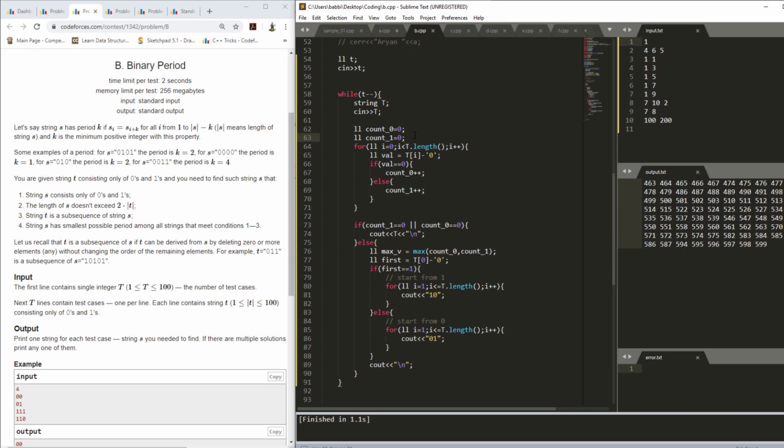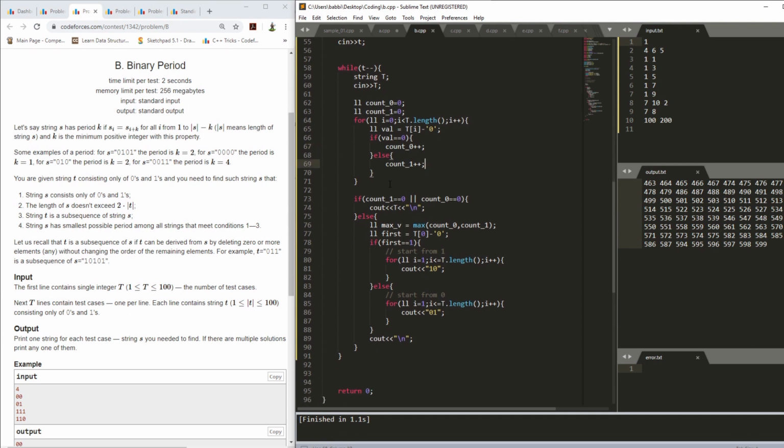So I iterated through the whole string from i equal to 0 to its length, and if it's 0 then I increase my variable zero count, and if it's 1 then I increase my variable one count.